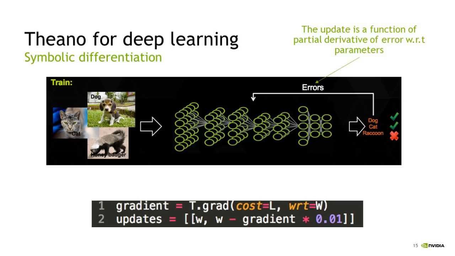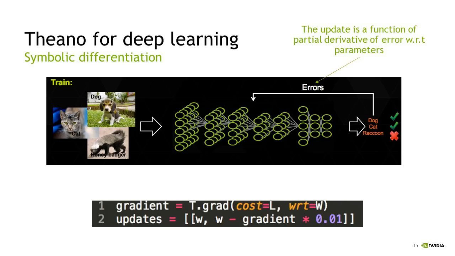If you recall from our very first introduction to deep learning class, we had this very simplified picture of supervised training of deep neural networks, where we have a large amount of labeled training data going into a deep neural network, which attempts to make classifications of the training data, and then we pass back the errors in those classifications to update the weights in the neural network so that it will do better next time it sees an image that it made an error on. I didn't give any more detail in that first class about how this process of passing back the errors to update the weights actually works.